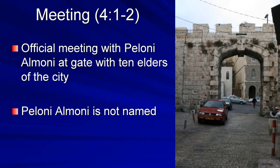Verse 1, now Boaz went up to the gate and sat down there, and behold, the close relative of whom Boaz had spoken came by. So Boaz said, come aside, so-and-so, sit down here. So he came aside and sat down. And he took 10 men of the elders of the city and said, sit down here. So they sat down. So Boaz shows up, he waits for Poloni Almoni to come, and then he says, I've got a little business to transact here. And then he called elders of the city